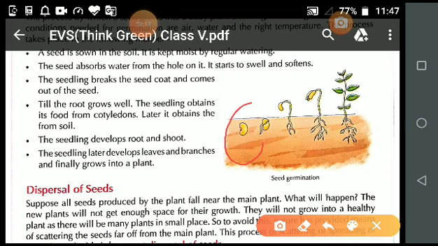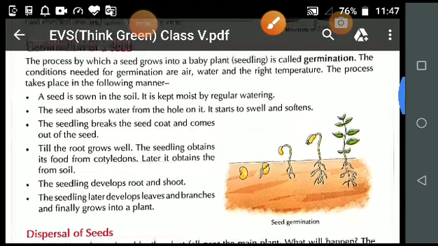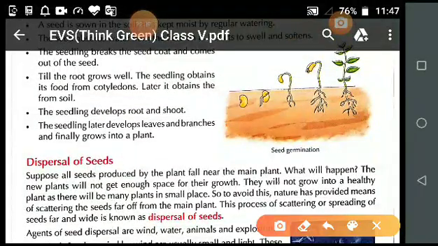Now see, you put this as point number 1. Here it is shown that you put the seed into the soil. Is it clear? In the first picture you put the seed in the soil. Now student, this is the first picture. Okay, now student, observe the second picture. This is the second picture. Observe the second picture, this one.